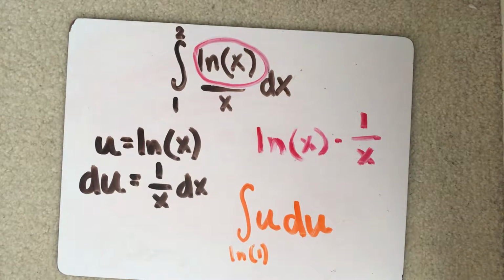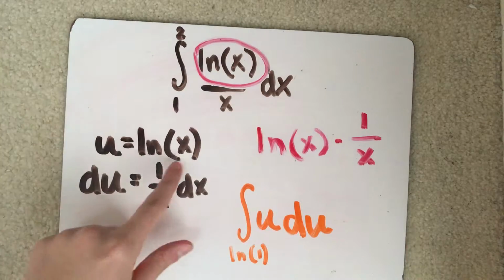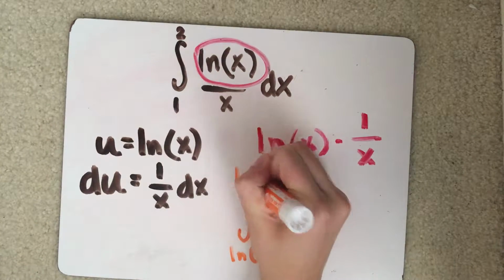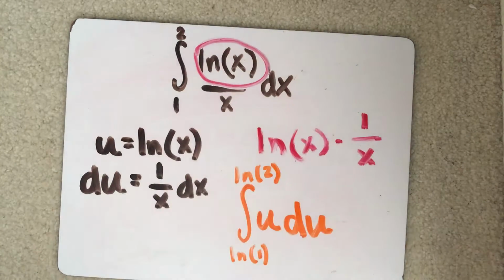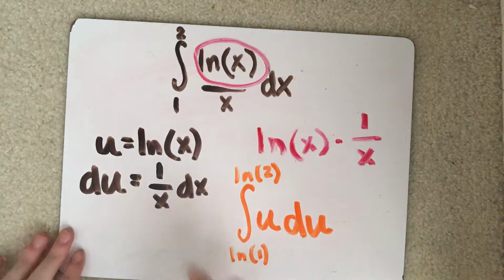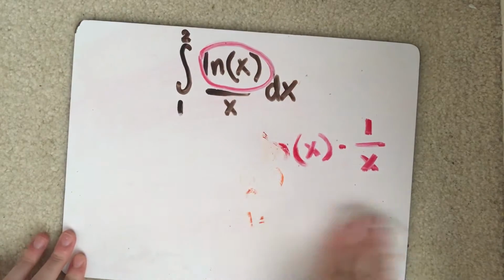And we can do the same thing for the upper limit. This is 2, plug that back in, so u, the upper limit, is going to be natural log of 2. So what we can do, since we substituted our limits and we substituted a u and du, now we can just go ahead and integrate. So how would we do that? Well, the first step